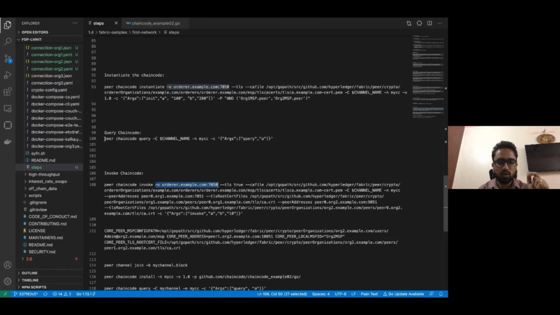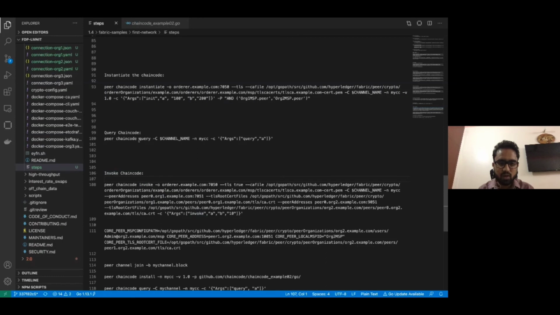So when we call that peer with the query command, it will just return the value of that variable. But in case we have to perform some action on the state of the ledger, it will create a transaction, go to the endorsement phase, the ordering phase, and then the committing phase.